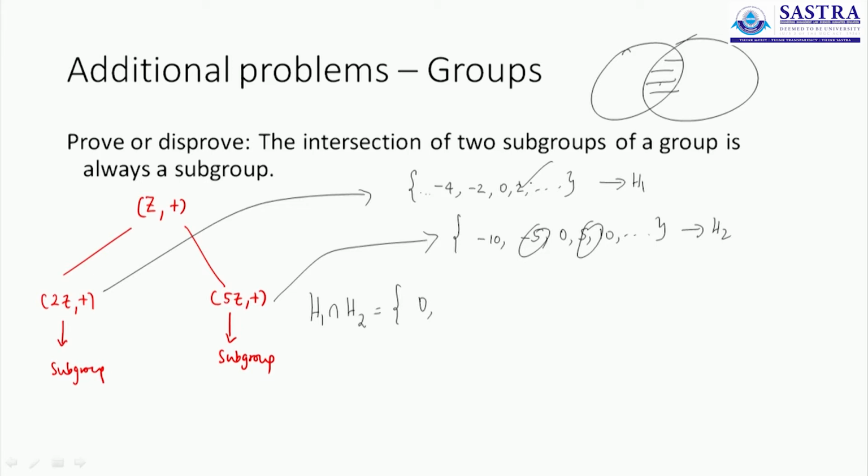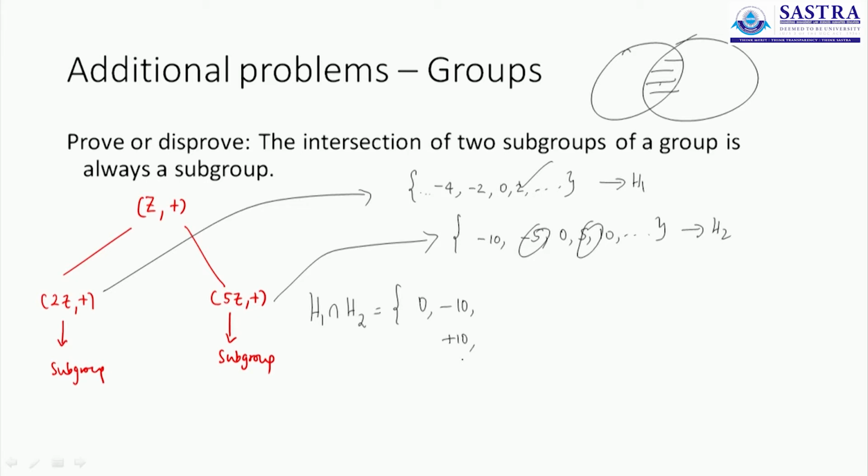Minus 10 actually is part of both subsets. Minus 10 is an even number, that is pretty easy to verify, and minus 10 is also a multiple of 5, which can also be verified. So minus 10 is going to be part. Now if minus 10 is part, then so will plus 10, because minus 10 is a multiple of 5 and a multiple of 2. Plus 10 is also a multiple of 5, and plus 10 is also a multiple of 2.